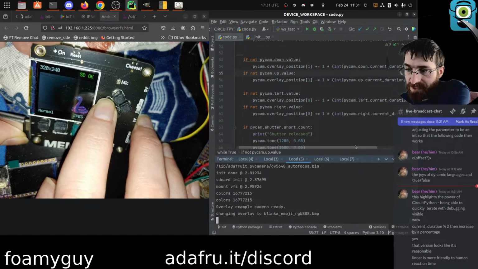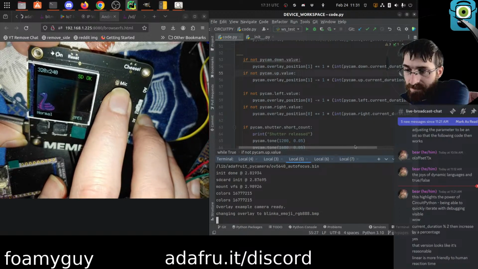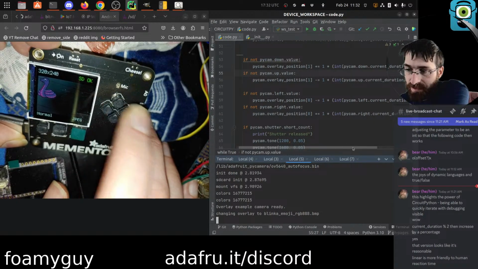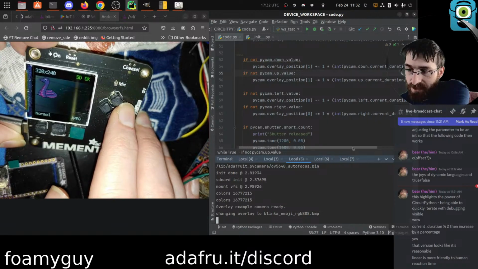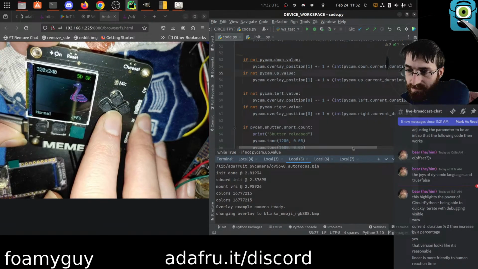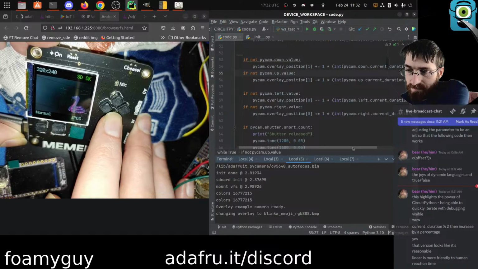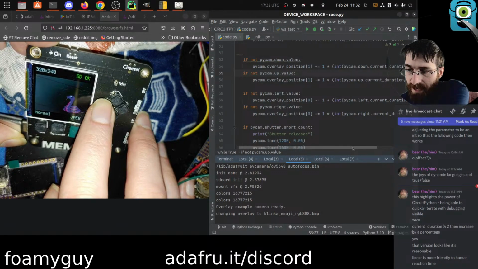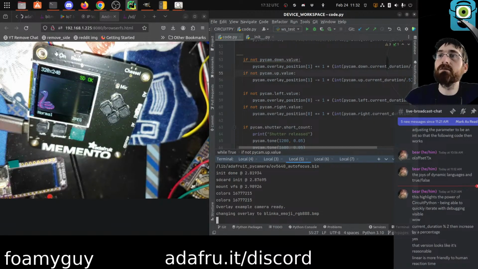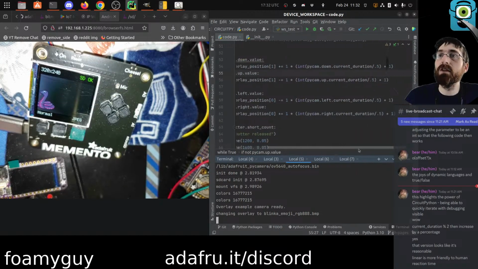You can get from side to side. It's not too bad. I would say it's still kind of on the edge of being slow. The up and down time is not bad. The side to side still feels about a beat too long, but